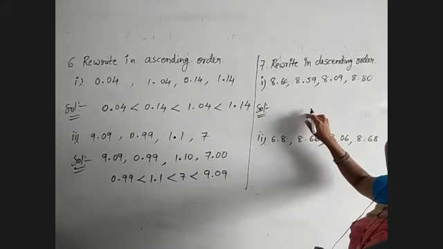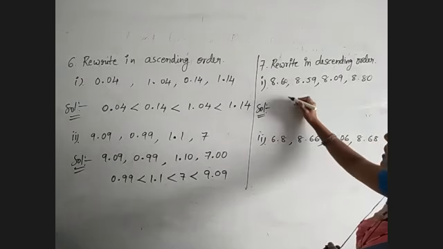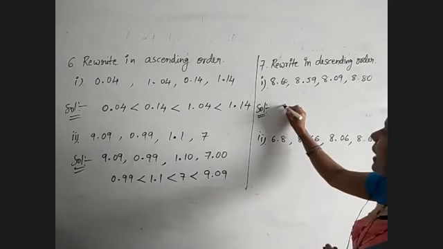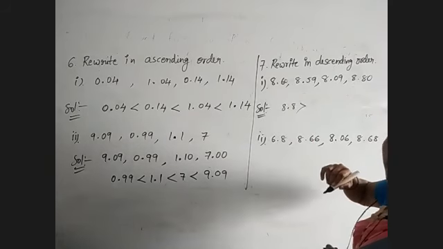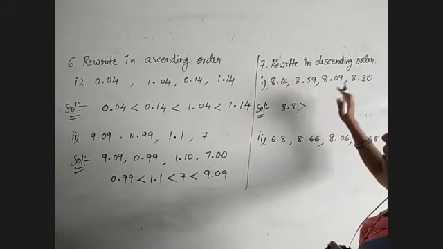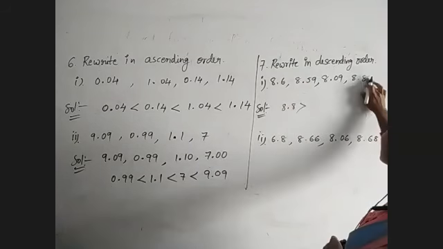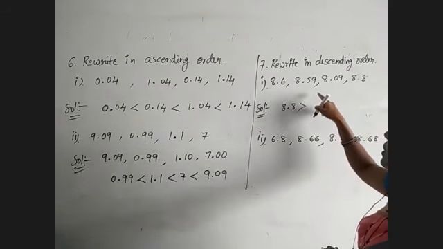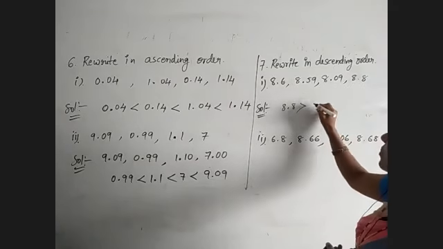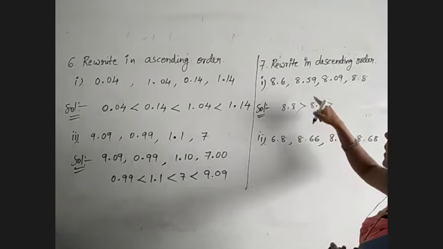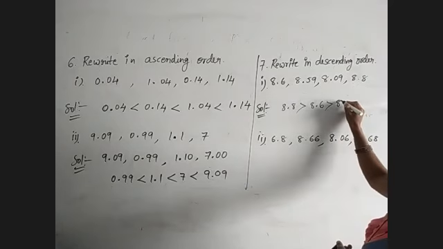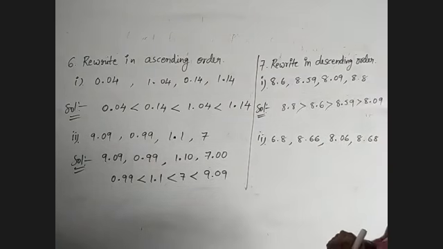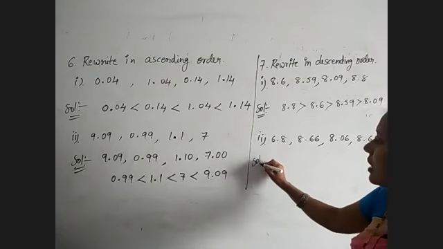Greater number we must select first. What is the greater number among these? 6, 5, 0, 8. 8 is greater. So 8.8 is greater than the rest, with the 0 we kept. Otherwise there is no need to convert; directly also we can write, because we are comparing a single digit. Next, after 8, 6 is more. So 8.6 is greater than the rest. Next, 5 is more than 0. 8.59 is more than 8.09. That's it.